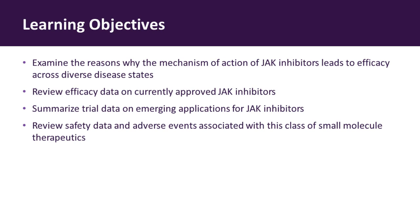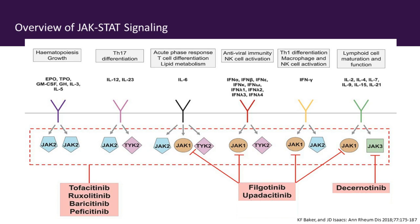So basically, I think you all understand this JAK-STAT pathway now. Essentially, there are 4 of them, JAK1, 2, and 3, and TYK2, and they associate in pairs, and these pairs then will bind and activate the STATs, and the STATs will travel to the nucleus, and that will stimulate the secretion of cytokines and growth hormones. So as you can see here,